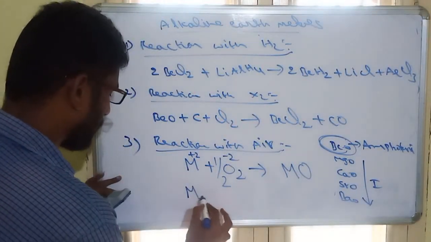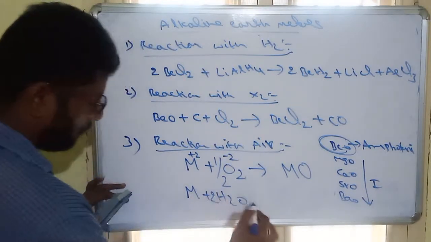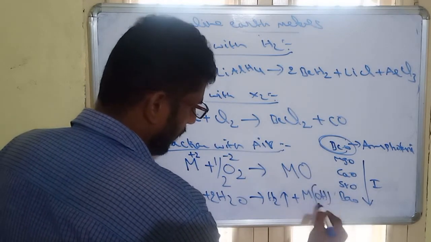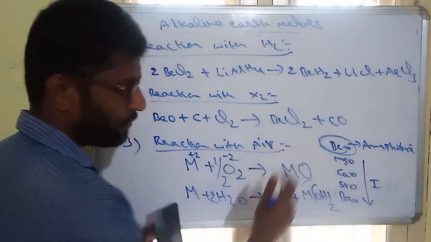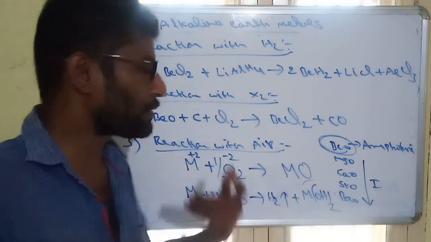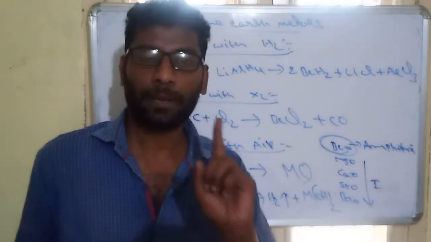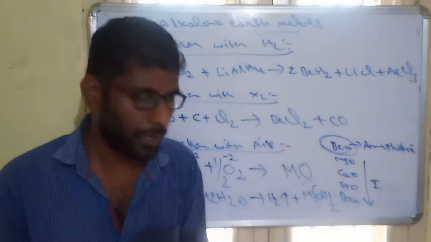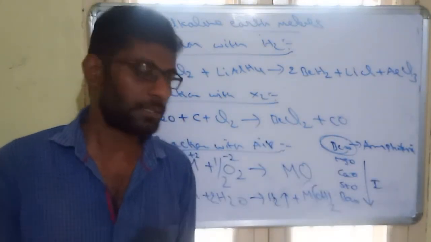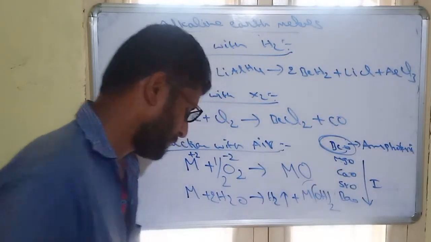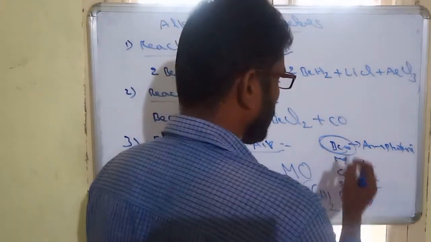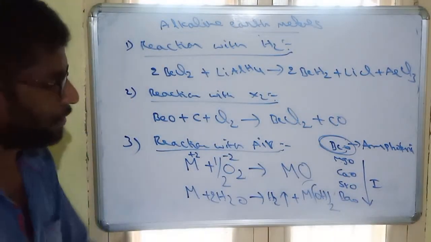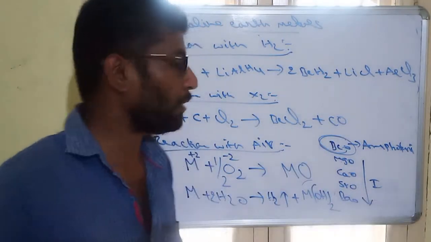Similarly, when a metal combines with water, it reacts with two water molecules, releases hydrogen gas and produces the metal hydroxide M(OH)2. This metal hydroxide is also basic. Again, beryllium hydroxide is amphoteric. So beryllium compounds are always amphoteric. Remember, magnesium hydroxide is a very weak base, and basic character increases from top to bottom. Remember, they ask this a number of times: magnesium hydroxide is a weak base. Beryllium hydroxide is amphoteric, the remaining are all basic, and basic strength increases from top to bottom.